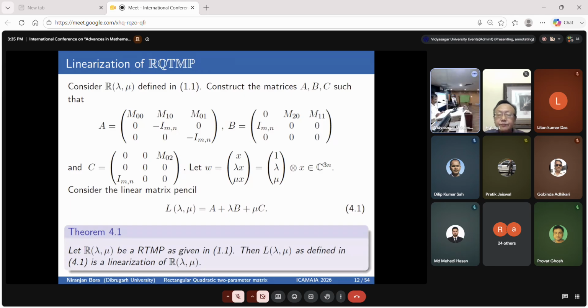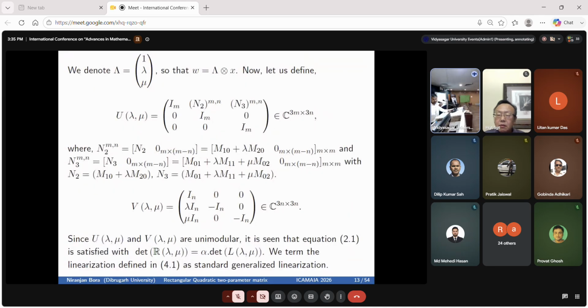It is proved this is a linearization of the R lambda mu. This proof I have, this will probably go on until 7. In the theorem we have, as per this like this, and V lambda in matrix U lambda is seen that